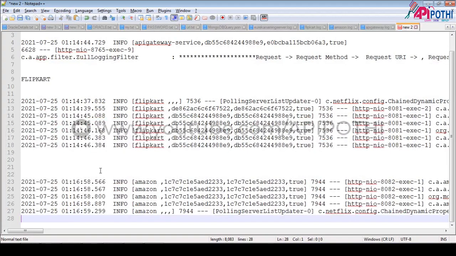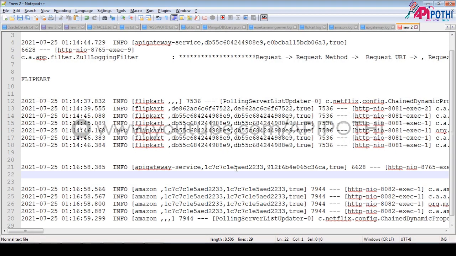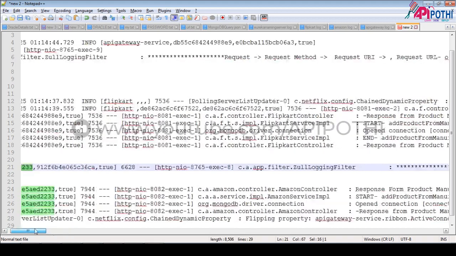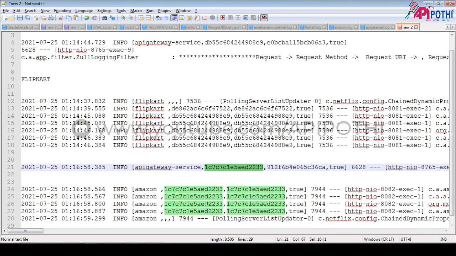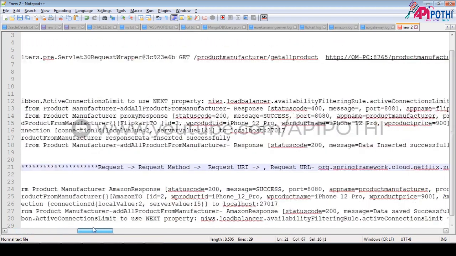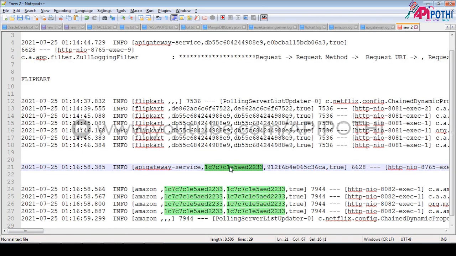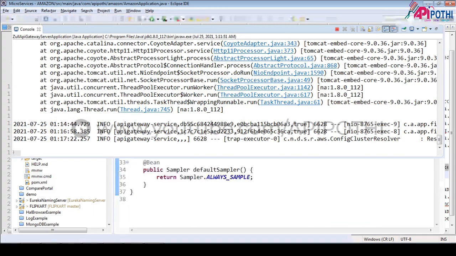Copy this last one, paste it here. You see this number is matching. So this request gets this ID in Amazon. This unique identification number is attached to our request which goes through API gateway. With this unique identification number, we can easily track our request and response, any error, anything. So this is helpful for that.